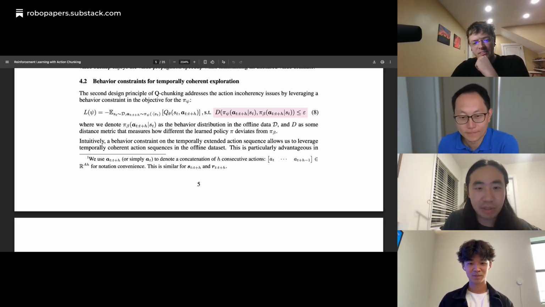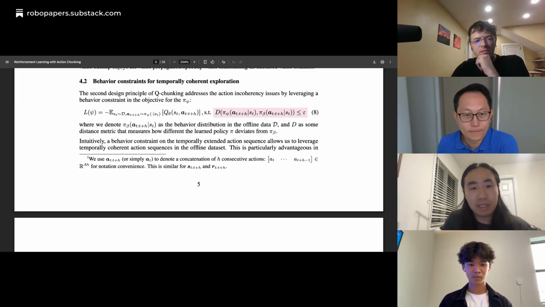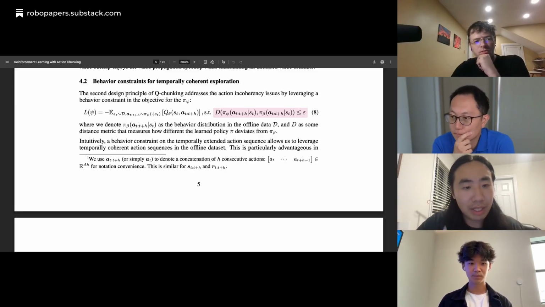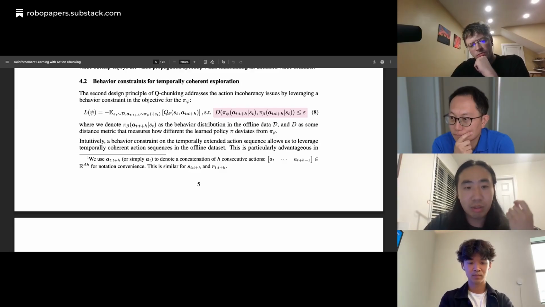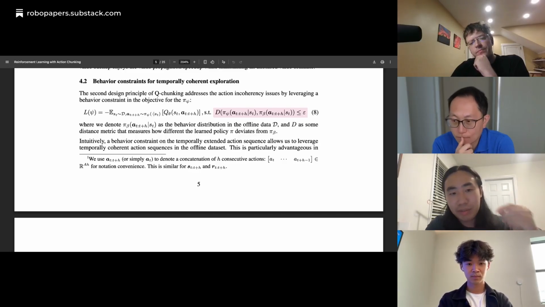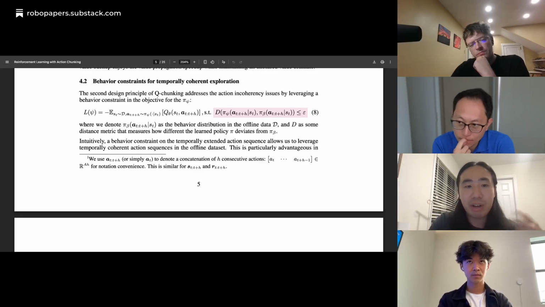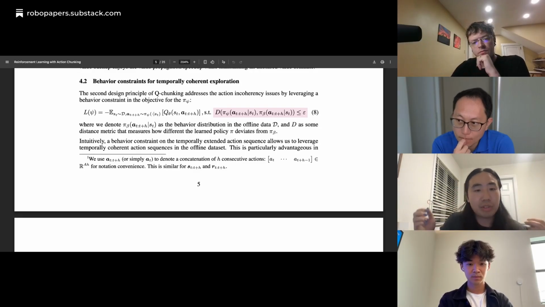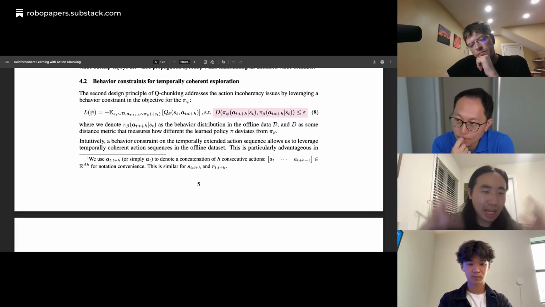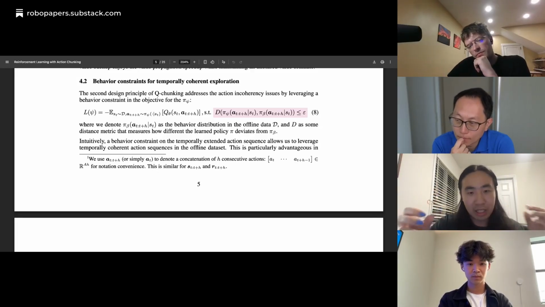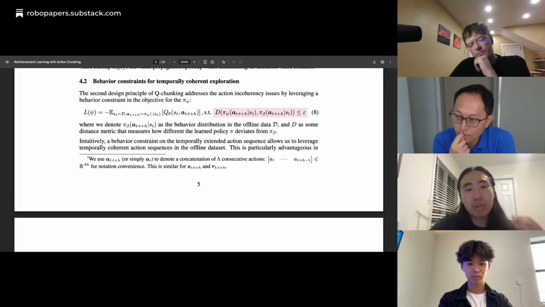Yeah, let me elaborate a little bit more. Behavior constraint essentially means that for the offline data set, we want to make sure our action chunking policy stays close to whatever behavior is in the offline data. As in the intuition that Paul explained a little bit earlier, if the task is about grasping things, like pick and place, you really don't want to do any exploration or generate any behavior that is just jittering in space without actually moving anywhere useful.